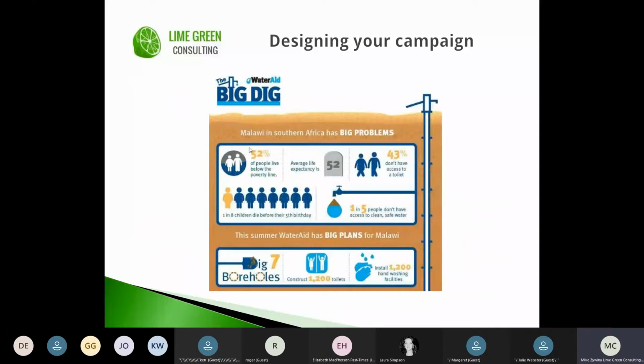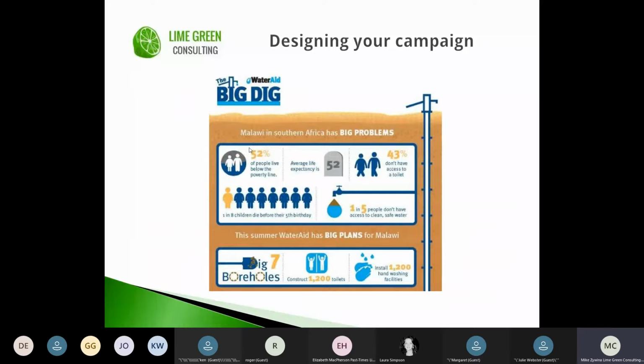And they basically managed to put together an entire fundraising campaign in about 50 or 100 words. And it was a long, rectangular graphic. So I've got the first half of it on one slide and then the second half of it in a moment on another slide. So they were looking to raise money to dig new boreholes to provide people in Malawi